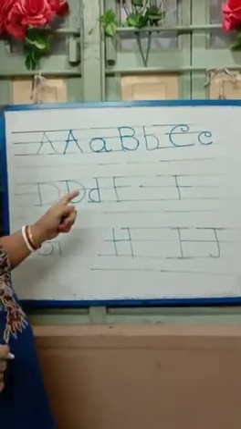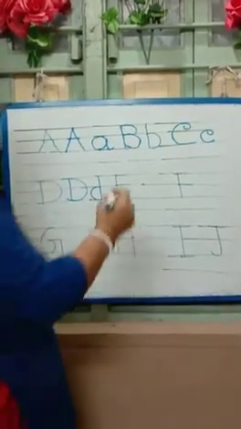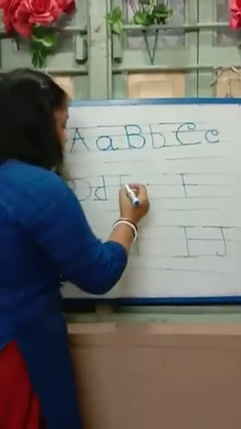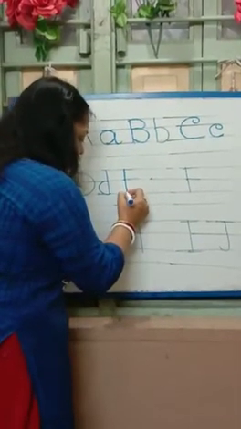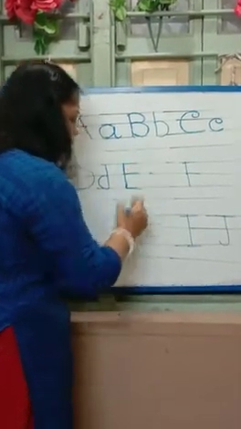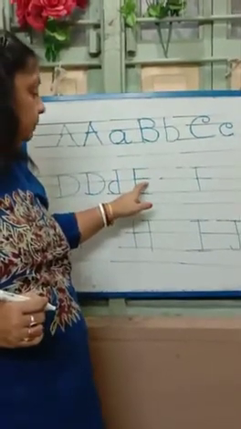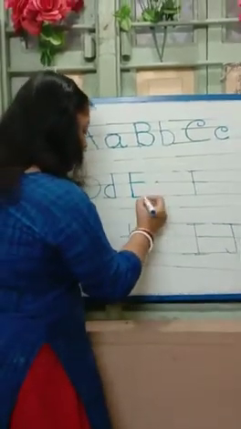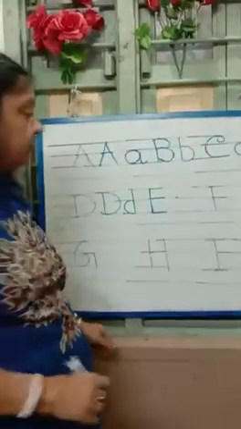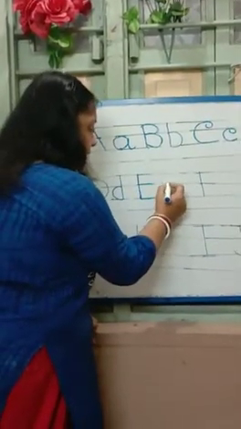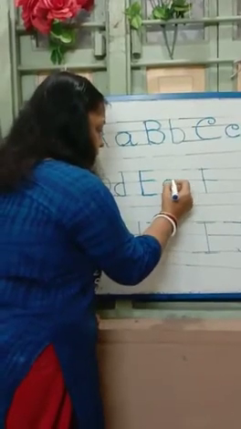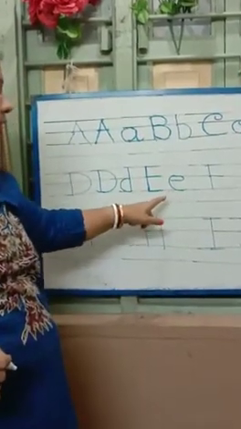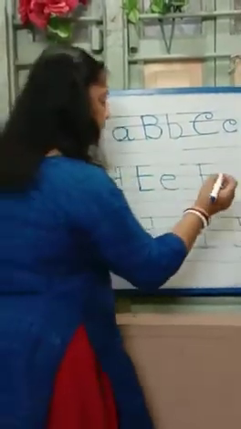Now for E. E is just a matter of 3 lines. So 1, 2 and 3. You have already done the straight lines, isn't it? So this is the standing line and these are the slipping lines. Just see one slipping line, second slipping line and the third slipping line. So first comes the standing line, then the slipping lines. For small e, we are just doing a curve from the second line to the third line and moving like this.